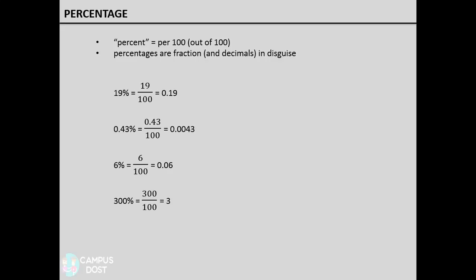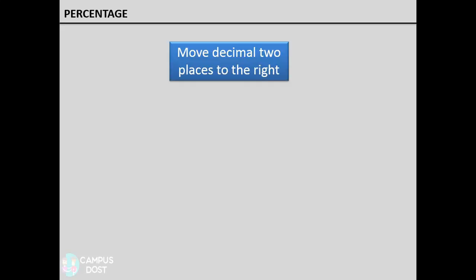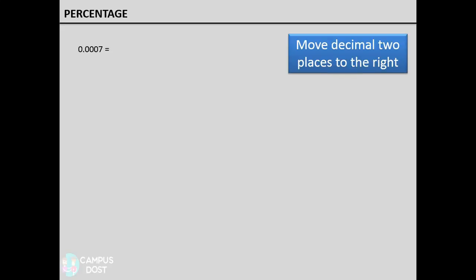Now, as you might imagine, it's important to be able to make conversions from percent to fraction to decimal. So, let's spend some time doing this. As you can see, conversion between percent and decimal are pretty straightforward. So, let's tackle this first. Now, when it comes to converting a decimal to a percent, the rule is to move the decimal point 2 spaces to the right.